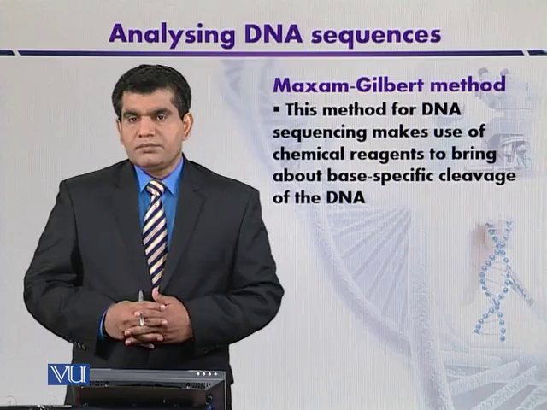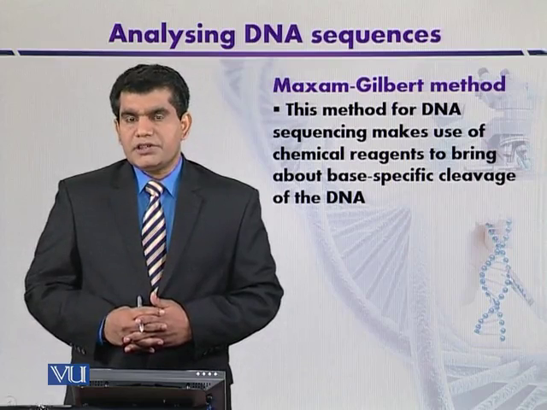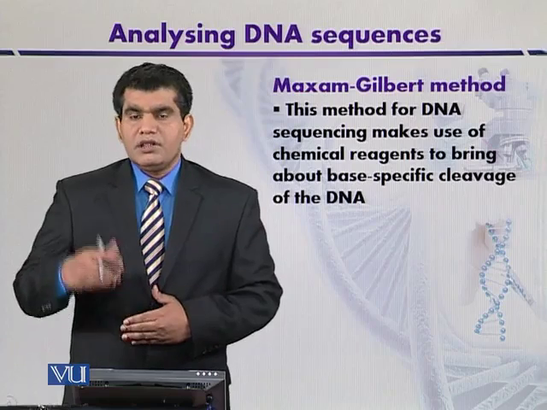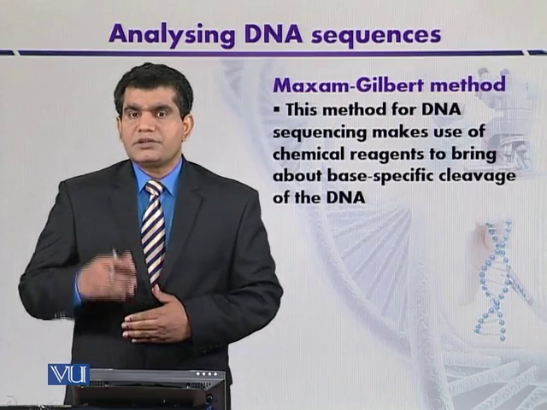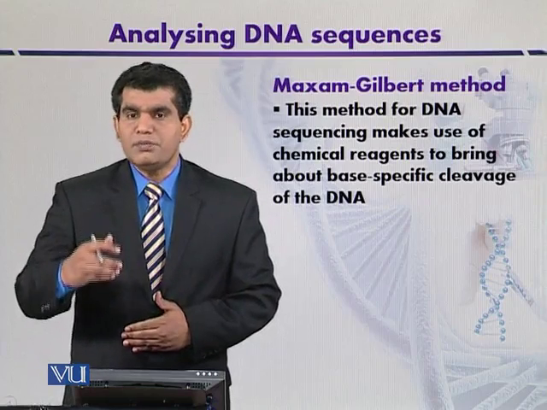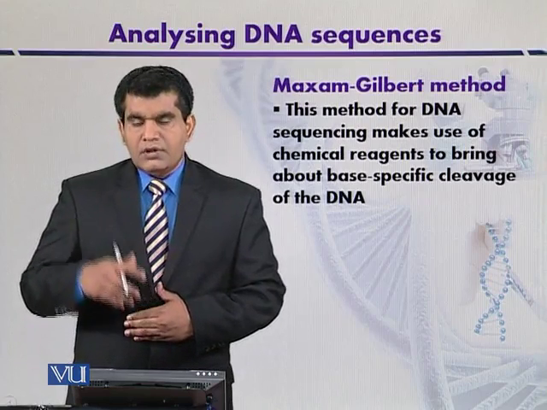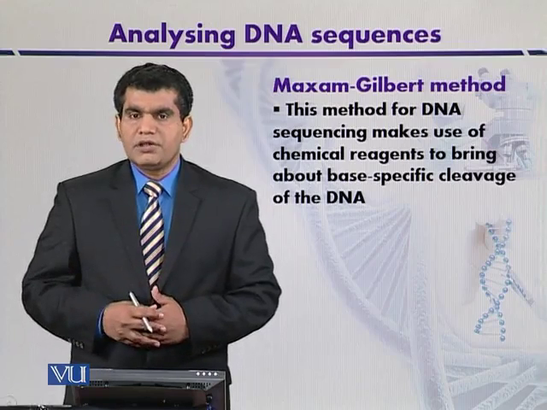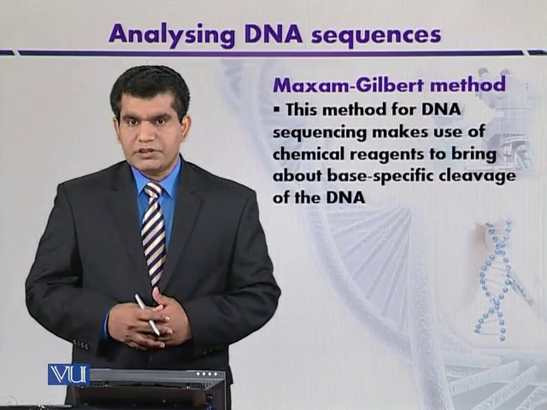In this case, the base-specific cleavage by different chemical reagents is brought about in 3 basic steps. In the first step, the DNA fragments that are end-labeled are treated with certain chemical reagents that can alter 1 or 2 bases within the DNA fragments. For example, a chemical called dimethyl sulfate can methylate the guanine base at the N7 position, so that